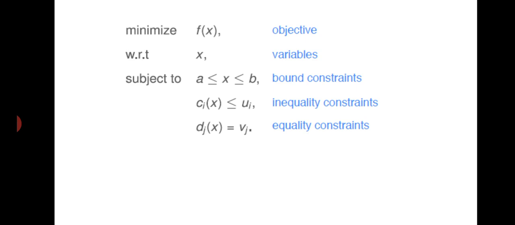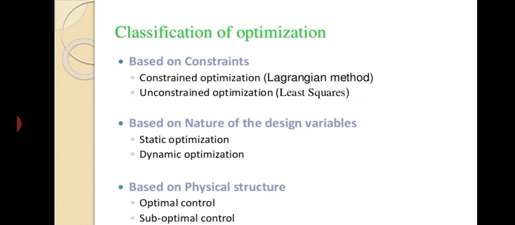After this, we have defined the different types of optimization problems. The optimization problem is defined in different terms. First is the unconstrained problem, second is the constrained problem, and third, constrained and unconstrained. These optimization problems can be solved using different types of approaches.